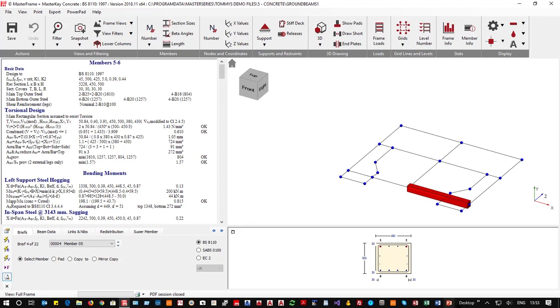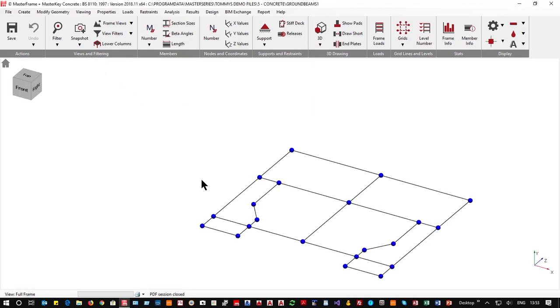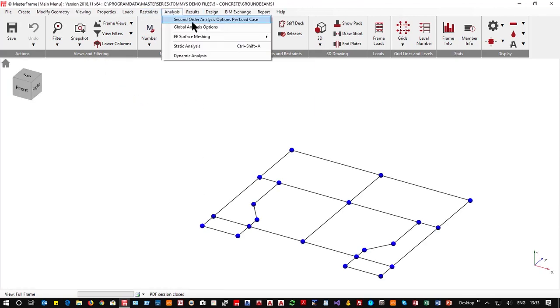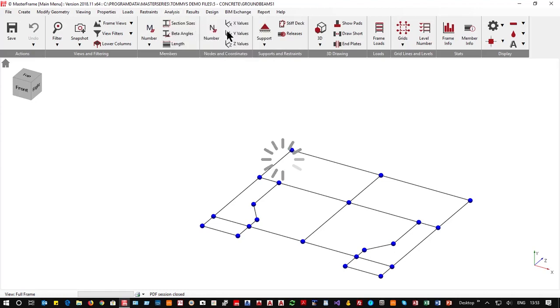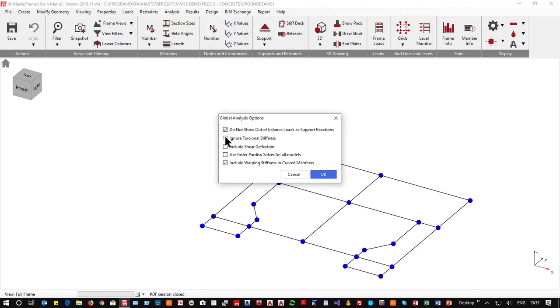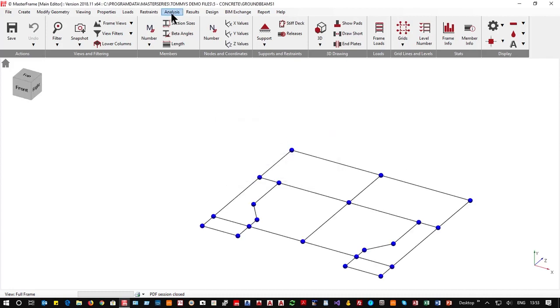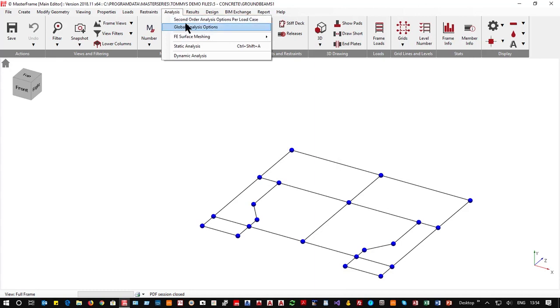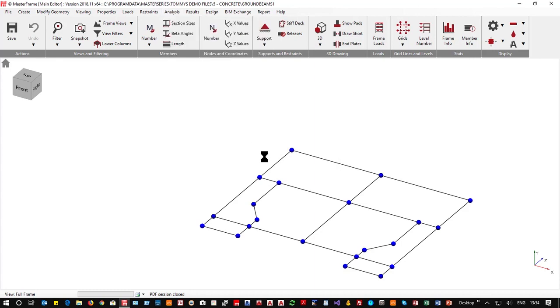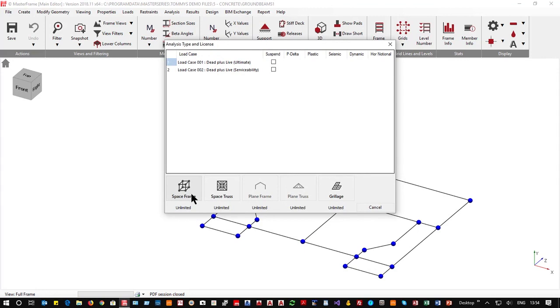That also means that we need torsional links, which are the longer links. Whereas if the frame can work without any torsion, then you're allowed to analyze it without torsion. So ignore torsional stiffness and say OK. If I now reanalyze, static, space frame,